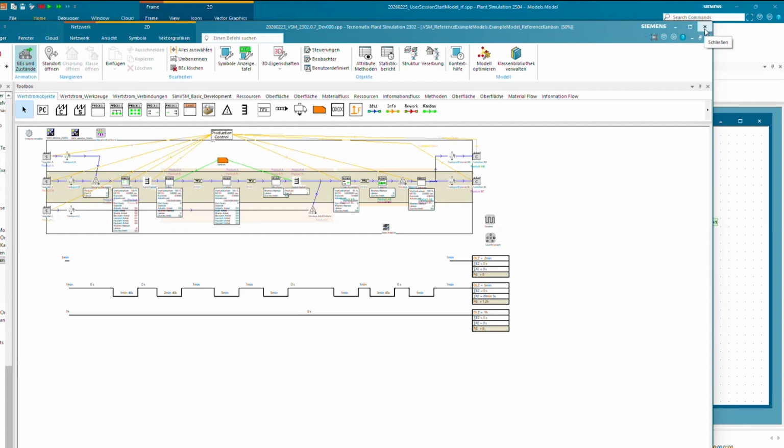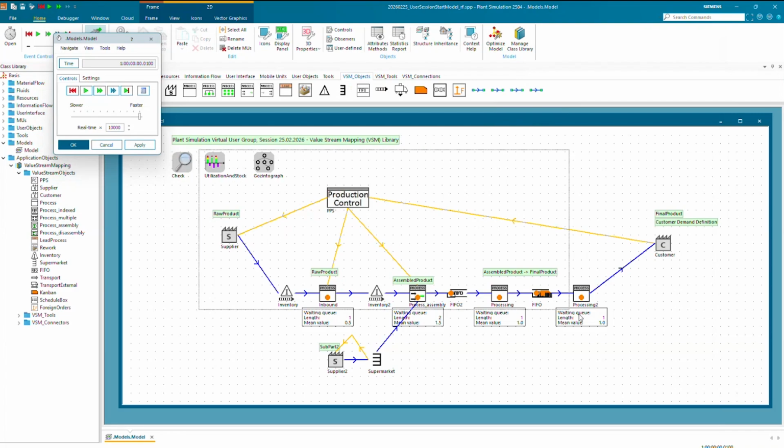I'm not sure if we have the time or even the allowance to do that. But yeah, this is a very simple first-step value stream. This is not a complex value stream we would build up over a one-day workshop.